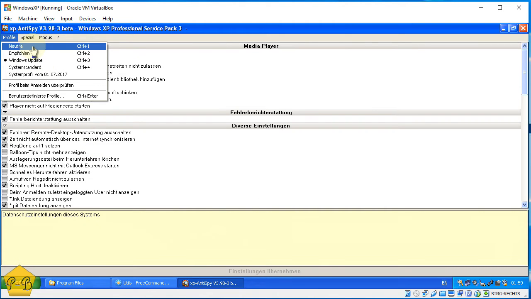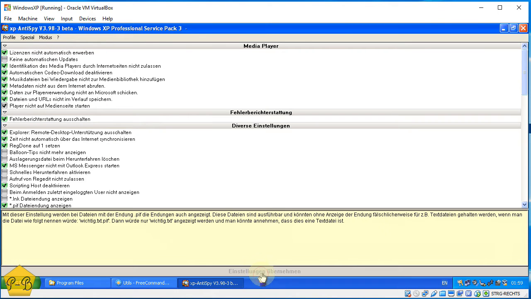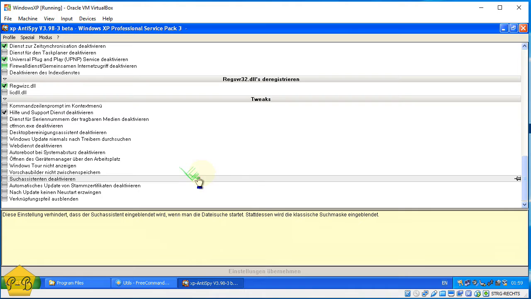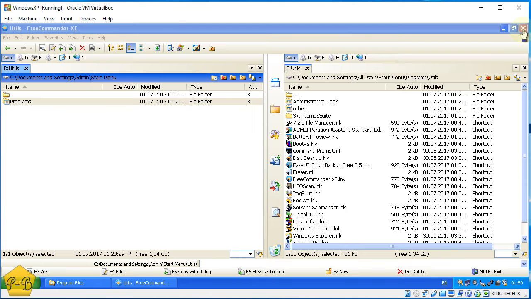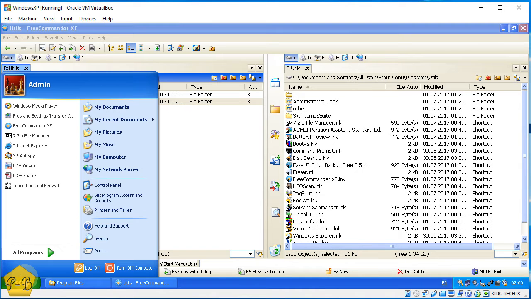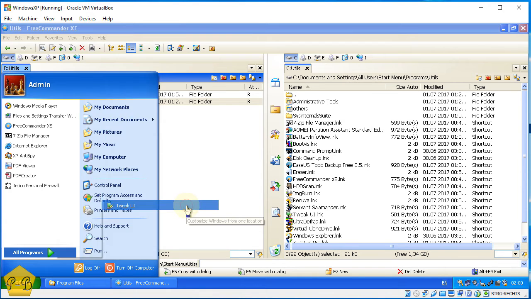So normally you would go empfohlen, activate, Windows Update, activate if you need Windows Update. If you don't need Windows Update, just leave it on empfohlen. Now Windows Update is not activated, which is fine. Windows doesn't get any updates anymore anyways. So that was program number 1. Program number 2, Tweak GUI,